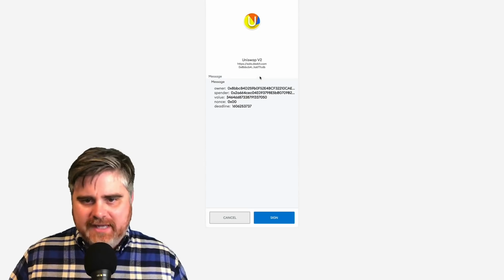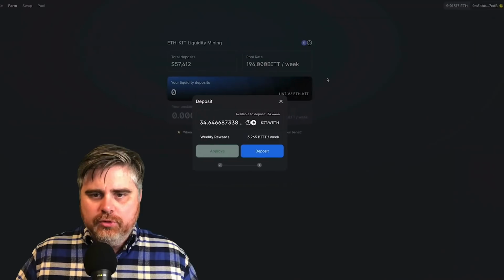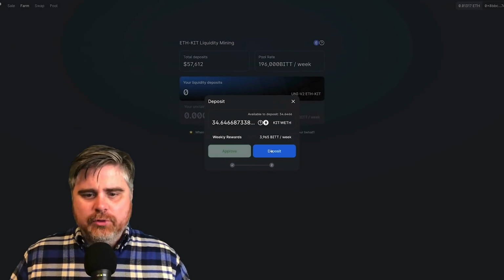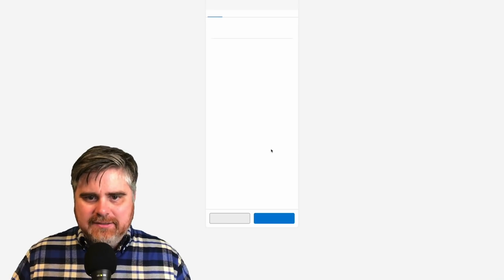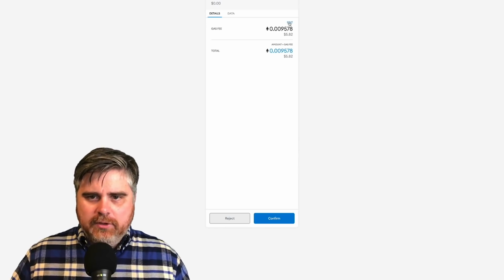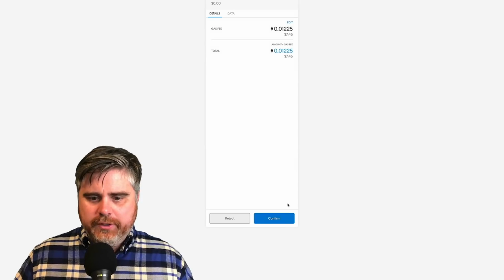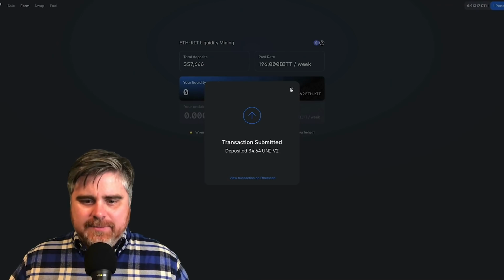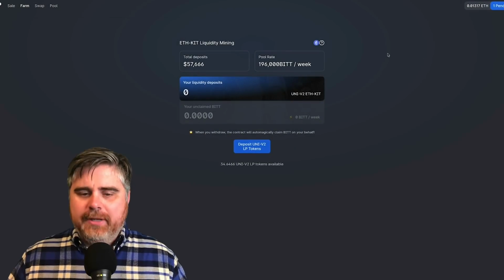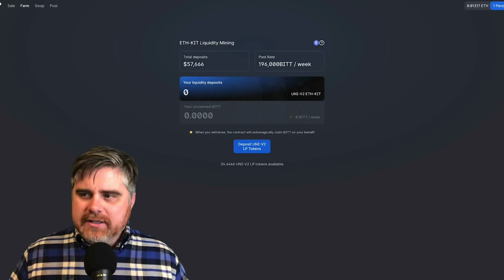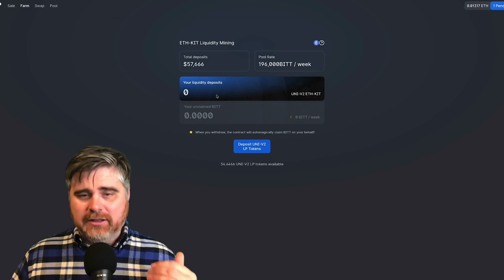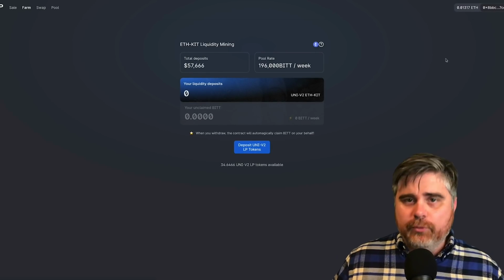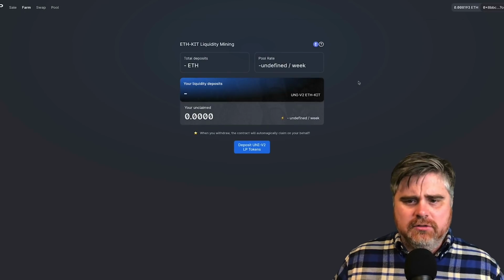We have to approve it the same way that we had to approve the other transactions. Okay, so it's already went through. It has been approved. Now all we got to do is click deposit. Okay, let's go ahead and make that max so it goes through a little quicker. Hit confirm. Okay, now the transaction has been submitted. It's still showing pending in my MetaMask, but once it goes through, it's going to show my liquidity deposits. Okay, so now let's refresh the page. When we refresh the page, it should show our liquidity deposits in there.